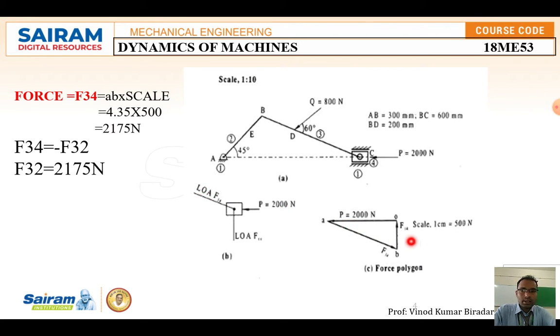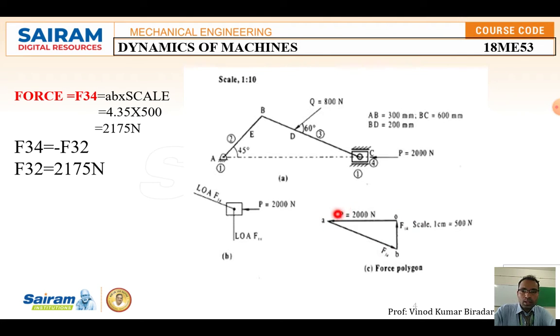Inclined line. Okay, next one more force acting on this same point. That line of action is perpendicular to each other. So this line you have to transfer from here to here, and you have to draw one line perpendicular to here. These two lines will intersect at one point, and that point is denoted as B. Remaining you have to erase. Once we finish this, the diagram is called a force polygon diagram.